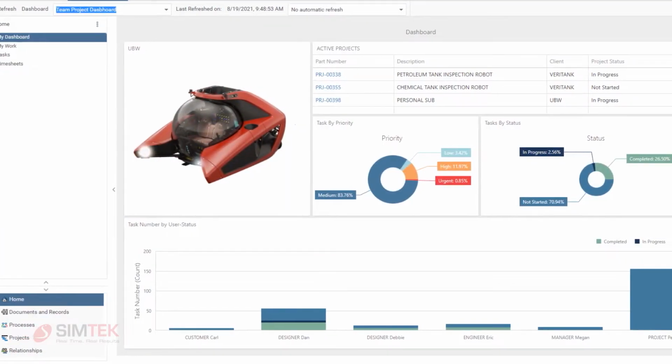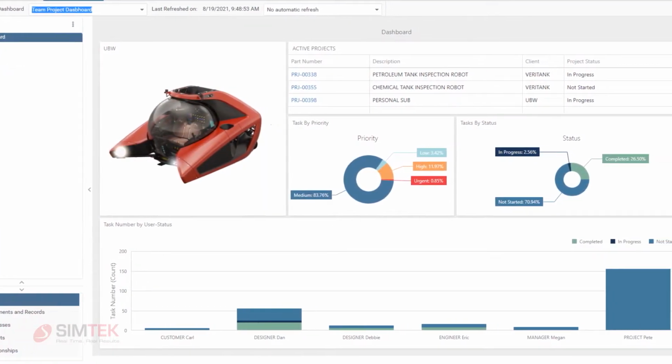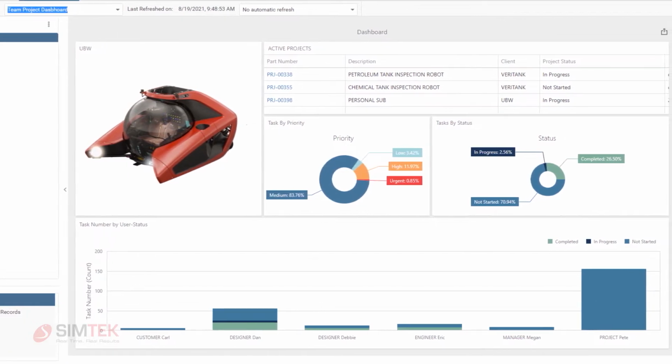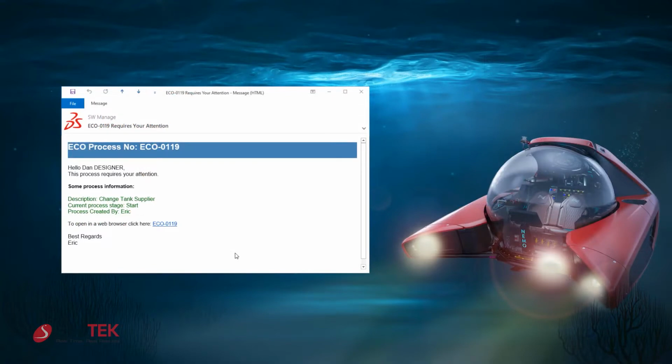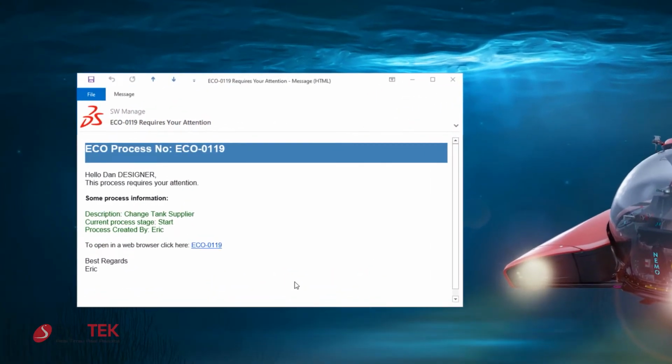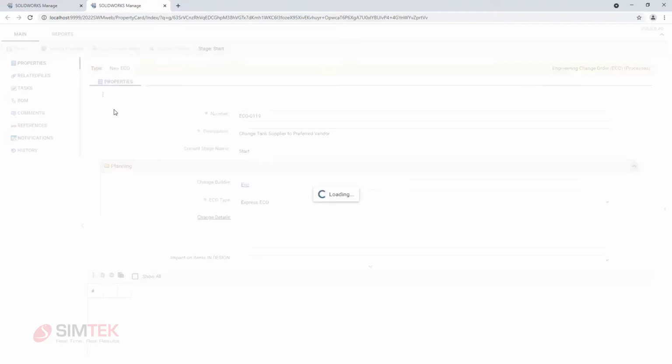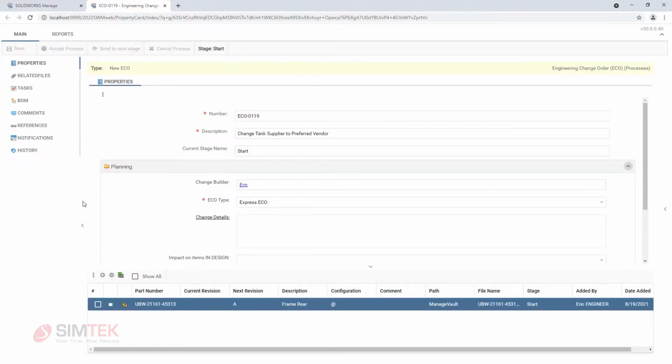SOLIDWORKS Manage 2022 introduces convenient new ways to access, share, and document your designs. New for this release is the ability to create HTML formatted notifications. These notifications can be visually customized to highlight key information for users. Also new is the ability to incorporate web links, allowing users to easily access the record in the Manage web